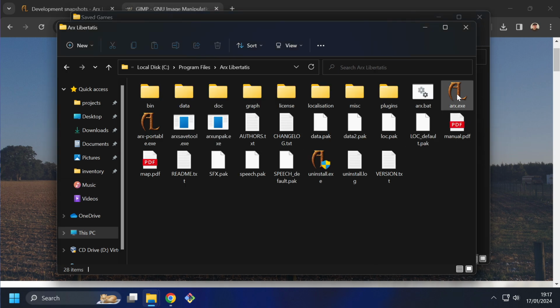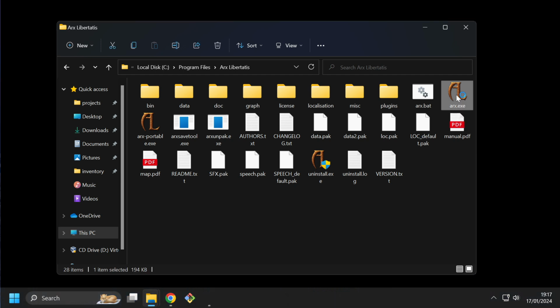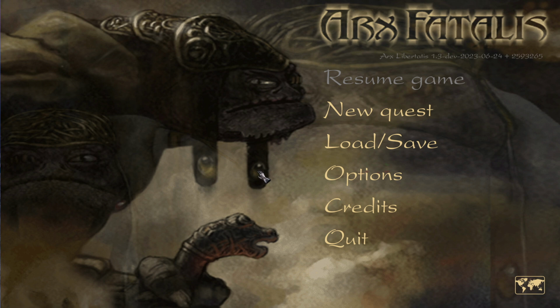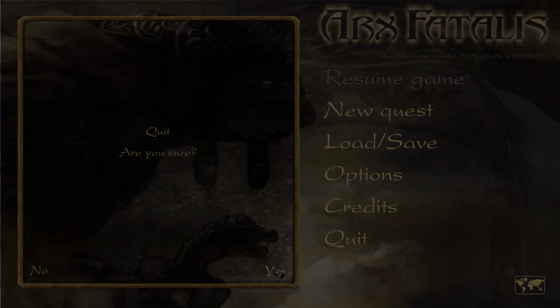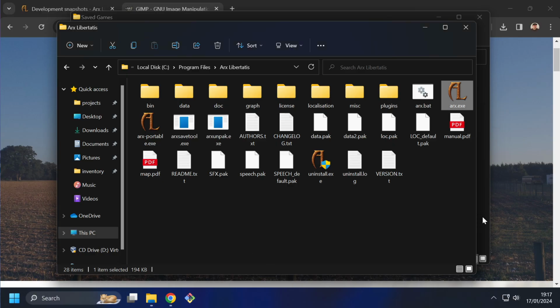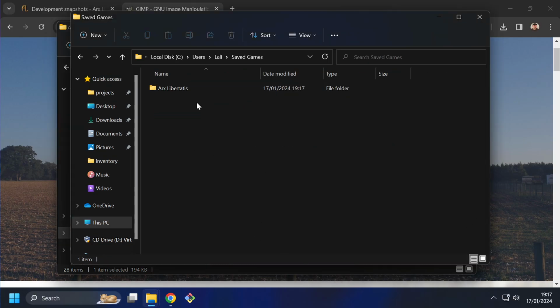It is actually required to run the game at least once, isn't it? Alright. Let me start the game. Okay, and if I quit, yes, here it is. We have this new Arx Libertatis folder with a lot of whatever it created, and it has a save folder. This is where we will have the save files, and the reason we need this folder is going to be